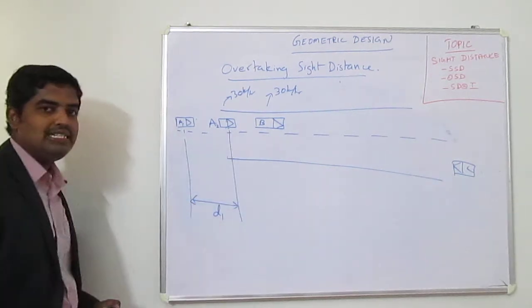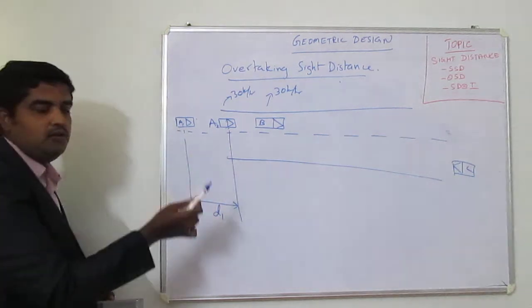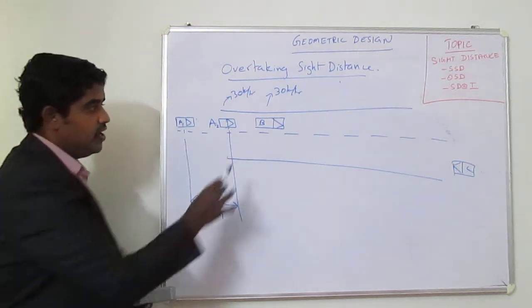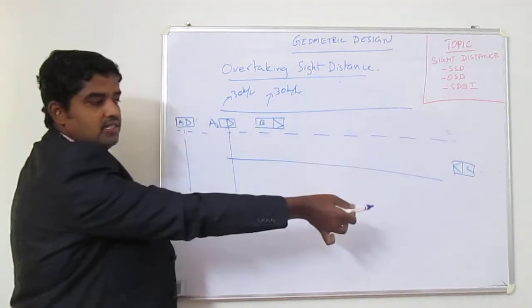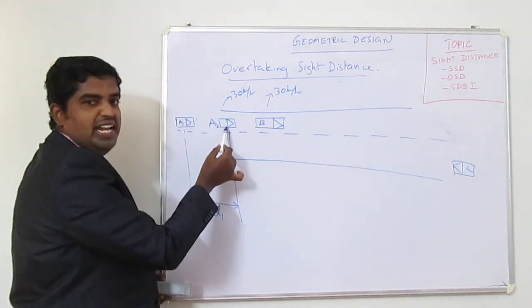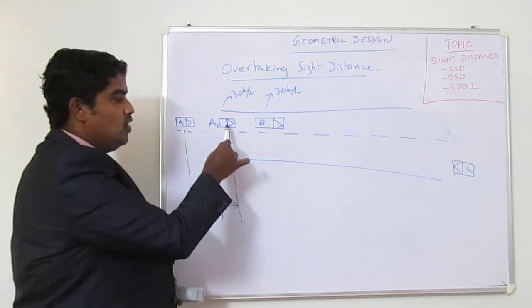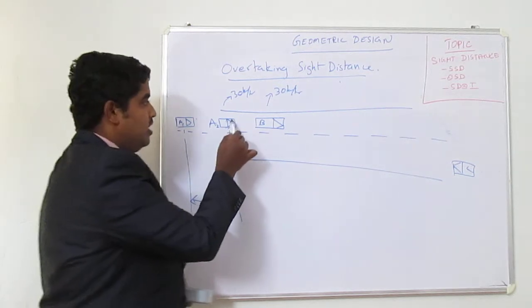So d1 is the distance moved by the vehicle A from A1 to A2 at a speed equal to that of the slow moving vehicle B. At this point A2 he sees the oncoming vehicle C. So from this point he wants to overtake the vehicle B. So what he will do at this point, he will accelerate. He will accelerate from this point and he will cross